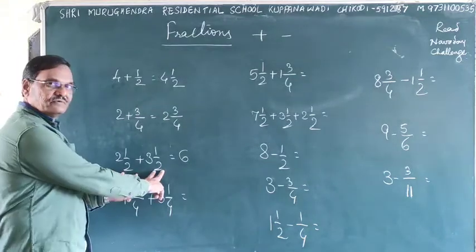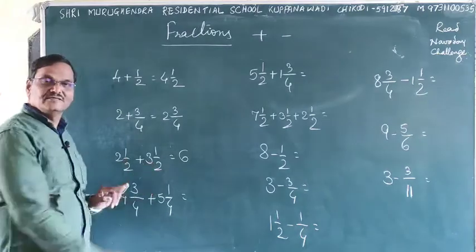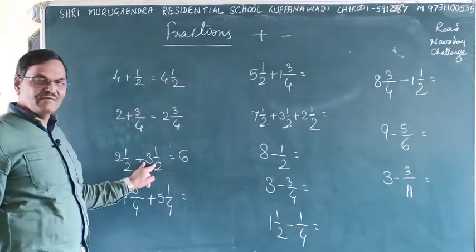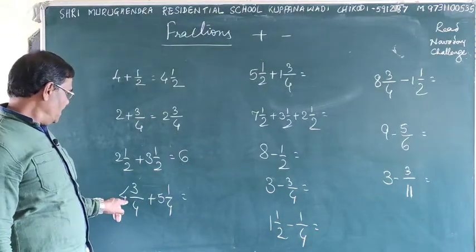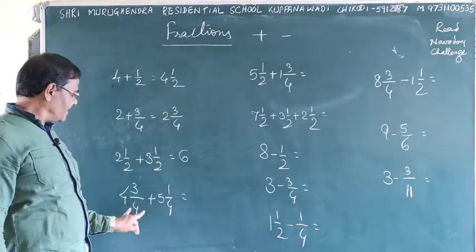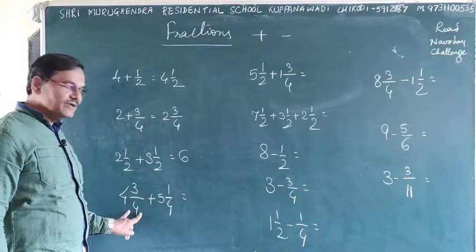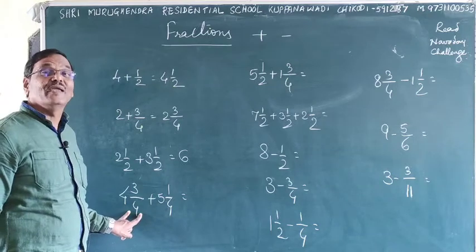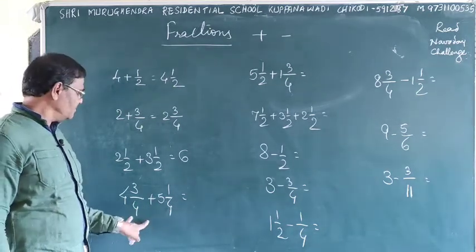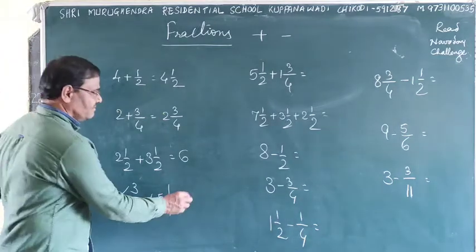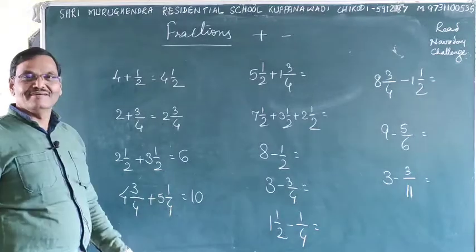This is 50 paisa, 1 rupee. Then this is 5 rupees. 2 plus 3 is 5. Then it becomes 6. See here, 4 plus 9, whereas 75, 25. 3 by 4 is a shortage of 1 by 4 to make it 1. So this 1 by 4 is rest here, then it is 1 and this all becomes 10. Okay, no need of calculation.